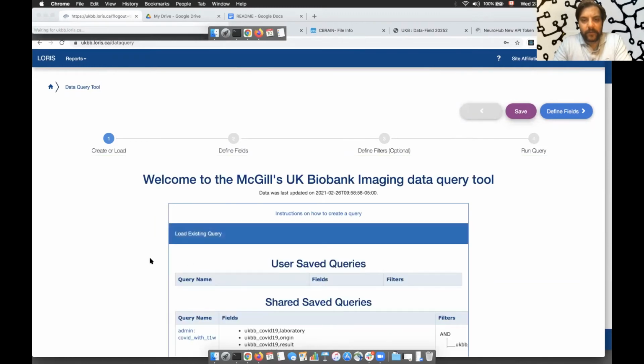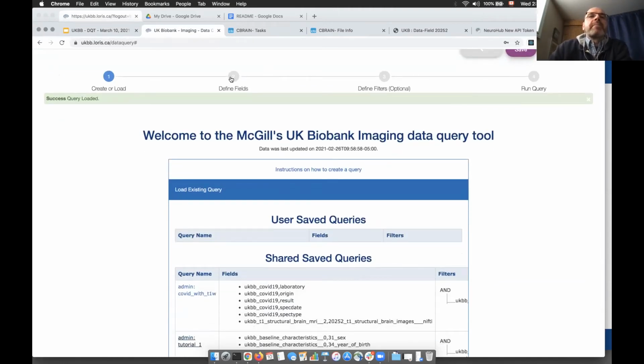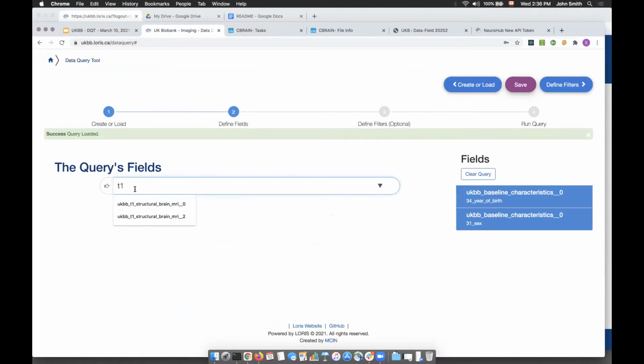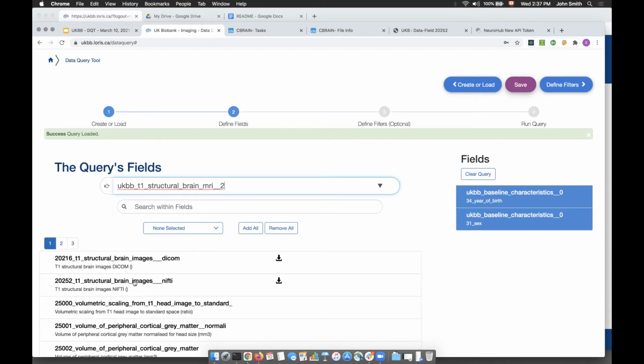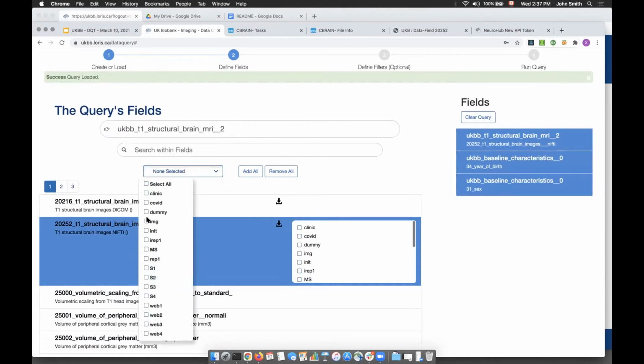It's easier. So again, it's loading the existing query, the tutorial one that's specifically there, right? And then defining the fields. Defining the fields means adding columns to the data query tool results. So make sure you select the NIfTI image. The session selection is mostly for efficiency in the query. There won't be more or fewer results if you select all.